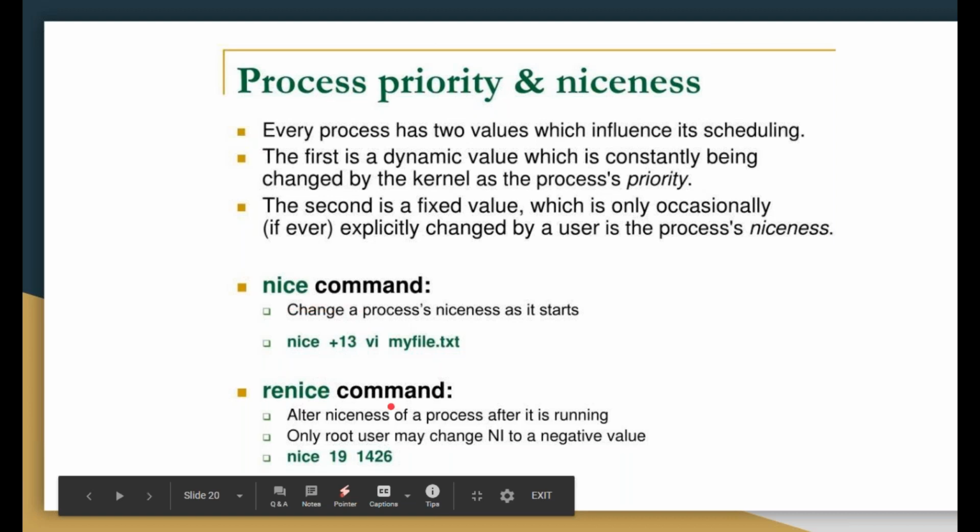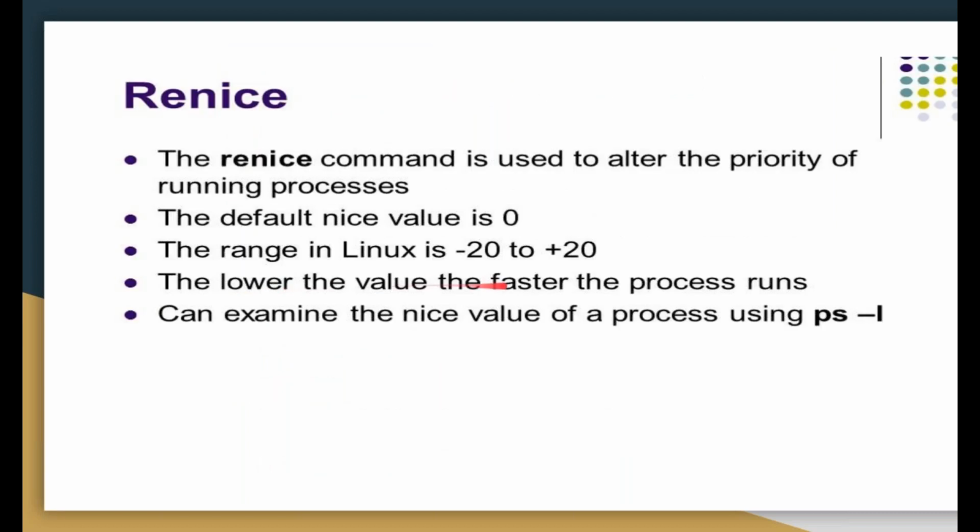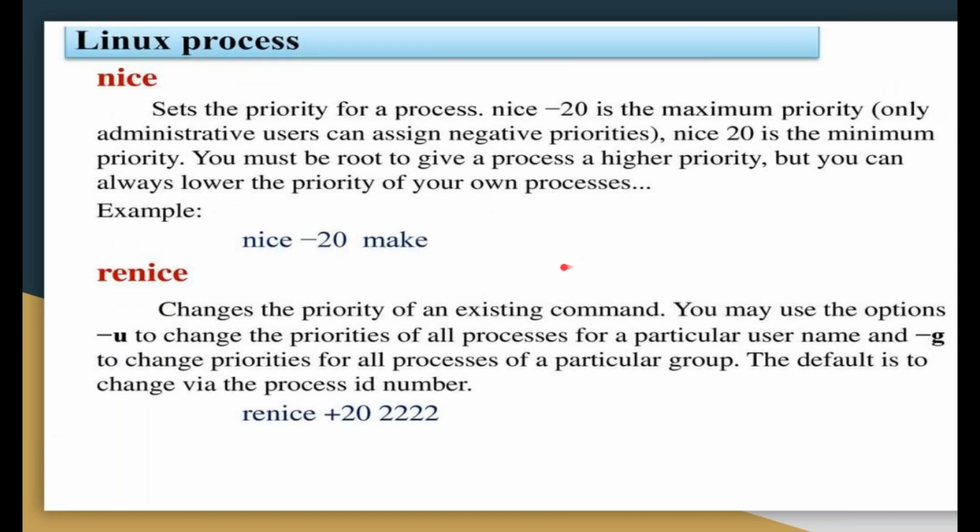The nice command and renice command mean changing and allocating a priority. It ranges from -20 to +20. The highest priority is -20, which means it has to be done urgently, and +20 goes up to the lowest priority. So these are nice values. You can use the nice command in this way: nice -20 and your process ID or the name of your process.